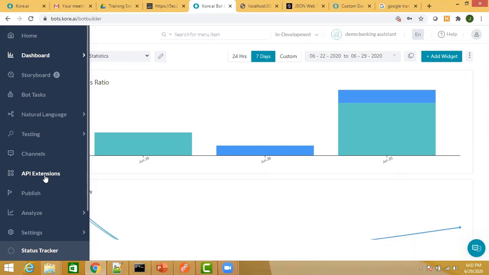Before a particular entity's value is refreshed at the end of a particular task, if that value is very important and you want to store that value as long as, let's say, the user doesn't end the session, you can store it in the respective context. But what we were doing there is we wanted to force the user to give a new account ID. By default, the platform will not allow that because the dialog task was in execution, and the instance of the entity is still there. As long as the entity is populated with a value, the platform will not allow the user to enter a new value.